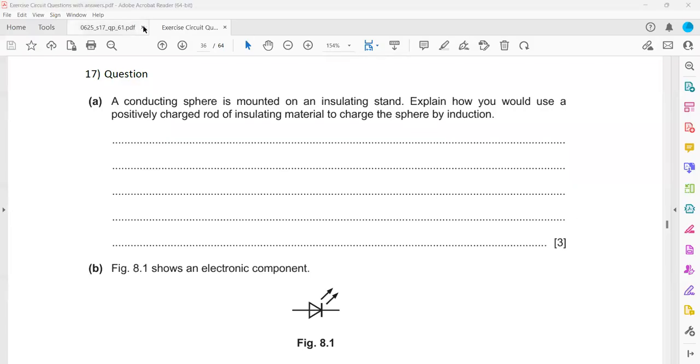So this one is classified electricity questions. A conducting sphere is mounted on an insulating stand. Explain how you would use a positively charged rod of insulating material to charge it by induction. So how can we use induction to charge an object? According to the question, what we have